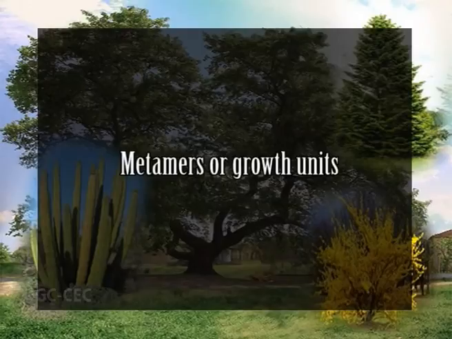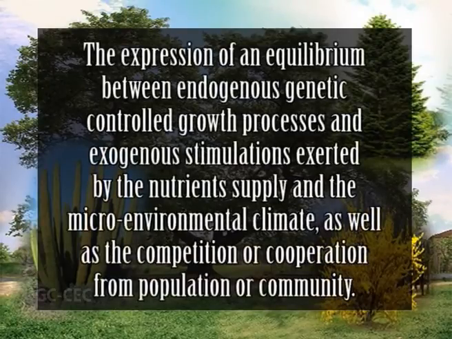Plant branching pattern depends on nature and spatial arrangement of each plant part, that is metamers or growth units. At any given time, it is the expression of an equilibrium between the endogenous genetically controlled growth processes and exogenous stimulations exerted by the nutrient supply and the microenvironmental climate, as well as the competition or cooperation from population or